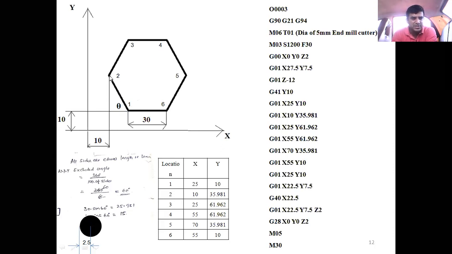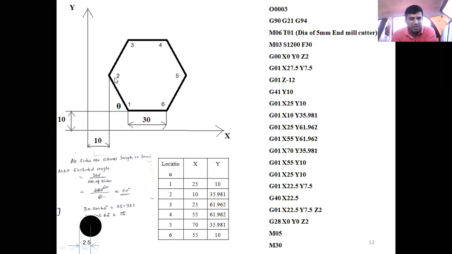Now this is the side which is opposite to the theta, called the opposite side. The side which is adjacent to the theta is called the adjacent side. The line 1, 2 is the hypotenuse. We know that because in the regular hexagon all the sides are equal. So 1 to 2, 2 to 3, 3 to 4, 4 to 5, 5 to 6, 6 to 1, that is 30 mm. Right? Now the hypotenuse I know.